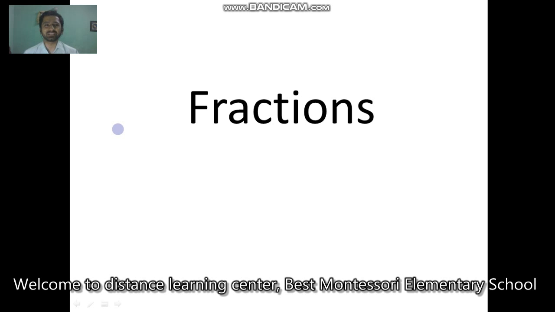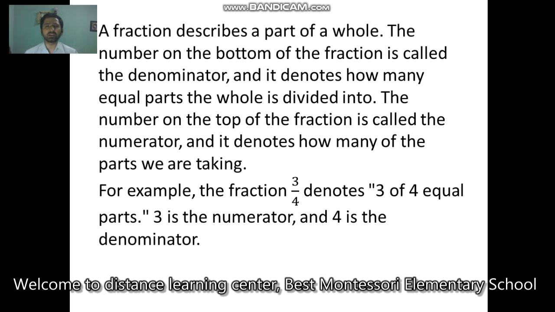Today we are going to discuss what fractions are and how to do simple mathematical operations on fractions. Getting started, let's define what a fraction is. A fraction describes a part of a whole, and the fraction is in the form of a divided by b, where